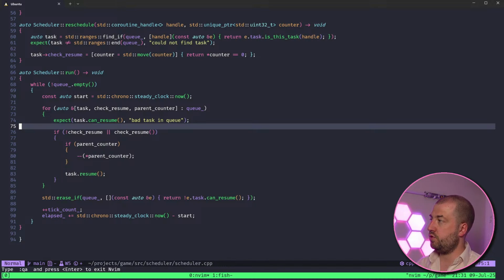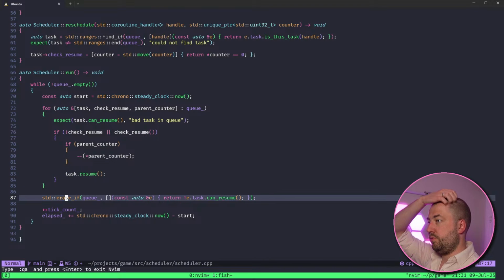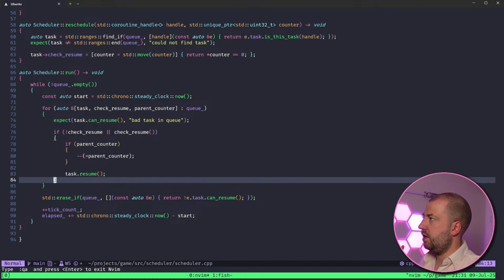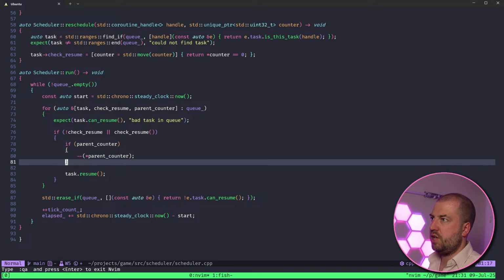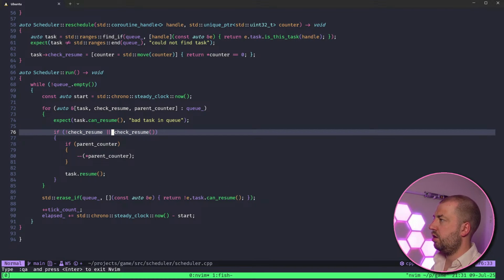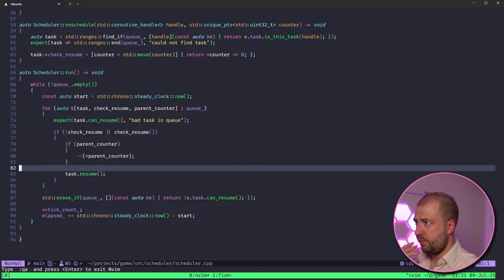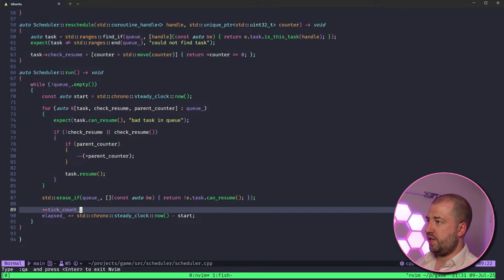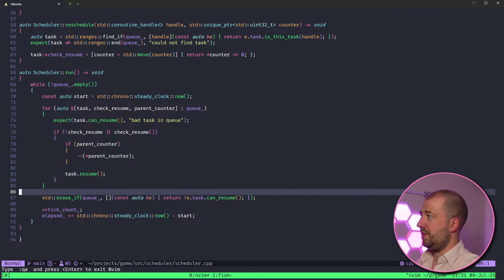It checks if it can resume it because there'll be coroutines that'll be suspended. It will resume it if it can. Otherwise, it doesn't resume it, and it will just use a lambda function to check the condition, whatever that means. It is irrelevant what that check condition is. It will resume it, and then it will remove all the resumed ones, and it does bookkeeping around time. So I think for an event loop that lets you have quite fine-grained control over when you are run, it's not a lot of code.